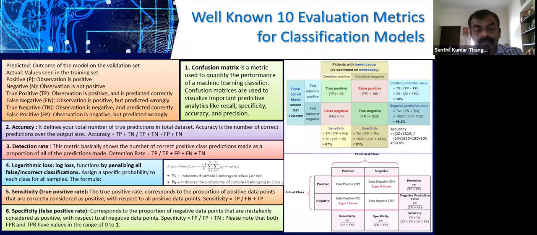So the last one would be some performance parameters which need to be understood. One, I told you the confusion matrix is perfect. You can go for accuracy. There's something called the detection rate, right? In all this, you'll find TP, TN, that's true positive, true negative, false positive, false negative, right? So what is positive, negative? We have already told you. If you have a data set, you will have positive samples and negative samples. A positive sample recognized as a positive sample is a true positive. A negative sample recognized as a negative sample would be a true negative, right? Similarly, false positive, now you will be able to understand, right?